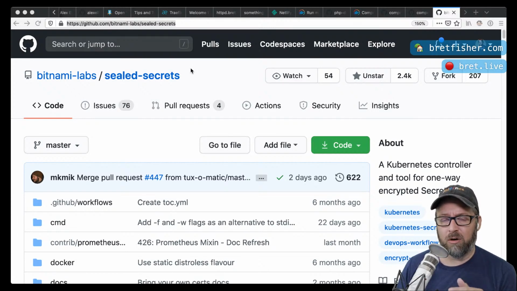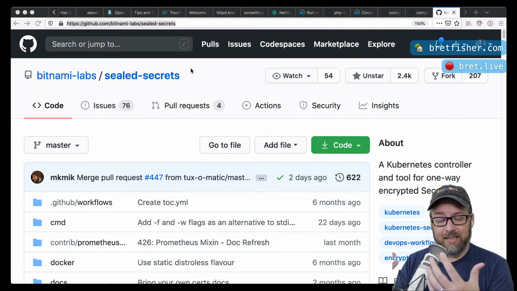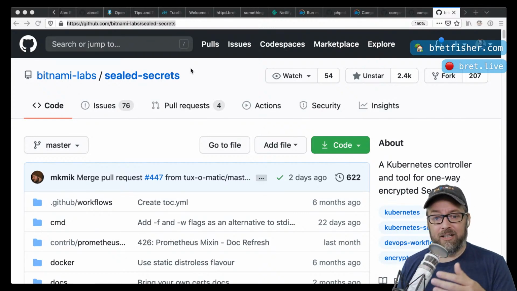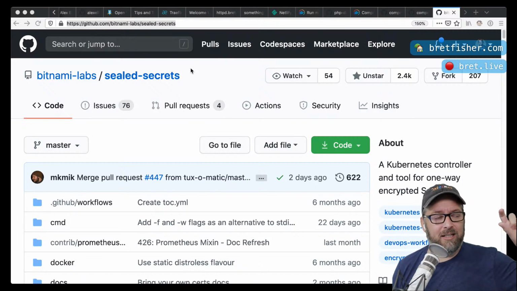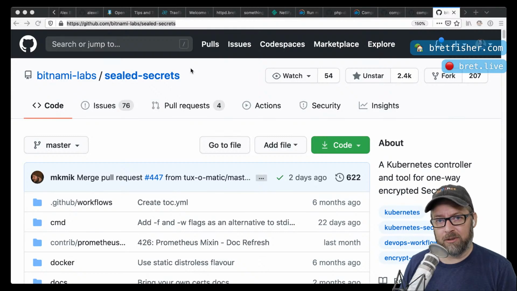But if you don't want to have a secrets manager, but you want to store secrets securely in Git, look at sealed secrets. Basically, it uses public key encryption and it encrypts the secret, puts it in Git, so you can put it in GitHub, and it ships with your stuff. And then inside of the Kubernetes cluster, it has the private key to decrypt those secrets, and then apply them into Kubernetes.